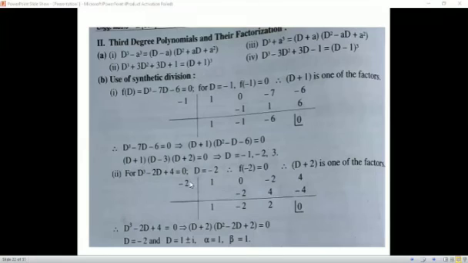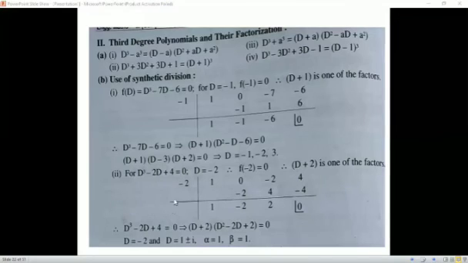So we will discard it and we'll try again for -1. So for -1, we are solving, and if it is not 0, then that -1 will also not be the root. Next, try for 2. And 2 will also not give you 0. So 2 is also not the root. And then try for -2. For -2, first number is as it is, then -2 into 1, -2 we'll write here. So -2 here, multiplication of these two, that is 4. So 4 minus 2, it is 2. 2 into minus 2, minus 4, and adding these two, we are getting 0.